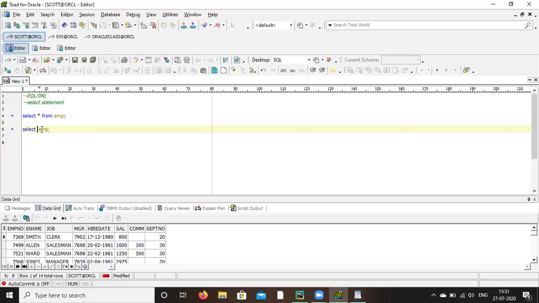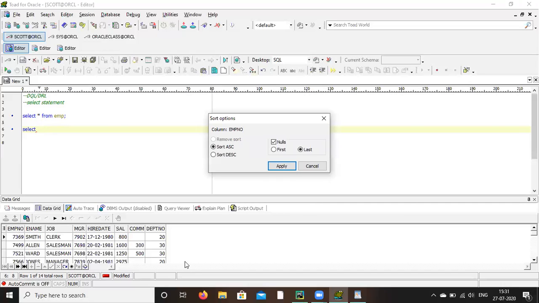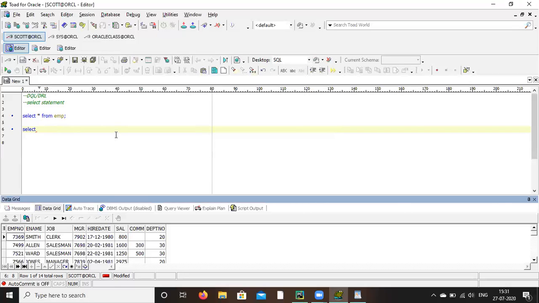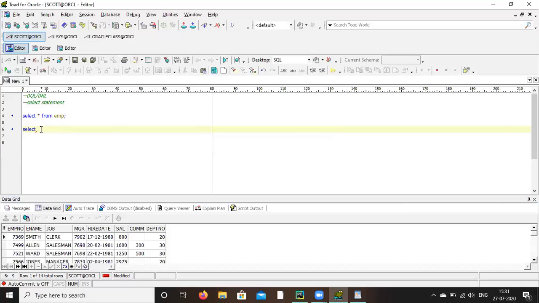I want only 2-3 columns: employee number, employee name and salary. What is the column name for employee number? EMPNO. You see in the output, the EMP table, those are the column names. EMPNO, right? Super. So, select EMPNO.